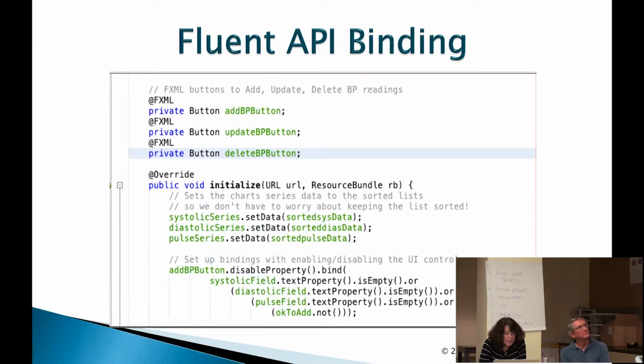Okay, so here you see the code that has the bind expression that's attached to the disable property of the add button. And again, it's disable, not enable, so you have to kind of think in terms of negative. But this says if the systolic field is empty, or the diastolic field is empty, or the pulse field is empty, or it's not okay to add, okayToAdd.not, then